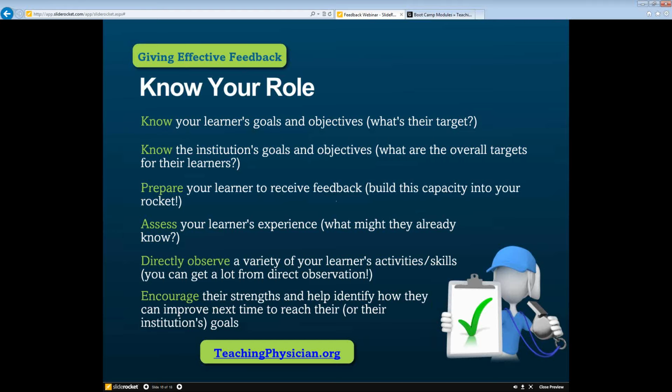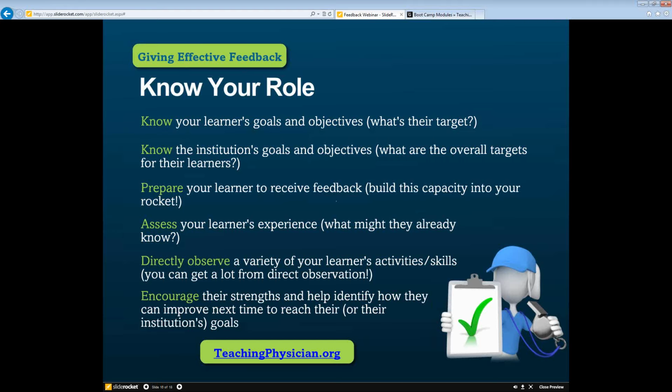Assessing the learner's experience and doing that self-assessment is important. Again, we'll talk next time in a little more detail about how to directly observe the learner, but a foundational component of this is how can I make sure I'm seeing and hearing my students in action instead of just having them come out of the room and present the case to me, and then I go back in the room and finish things up. That would be like the tennis coach who's hanging out at the clubhouse, and the tennis player comes back and tells you how their serve was, right? So we want to apply these skills and really work on directly observing our learners.